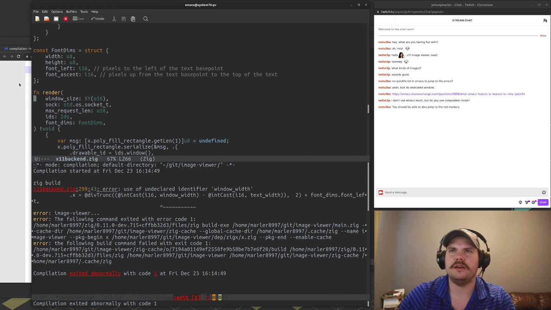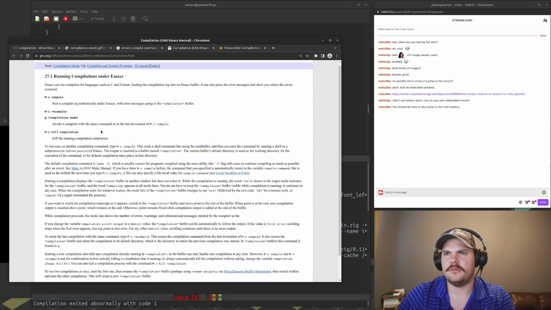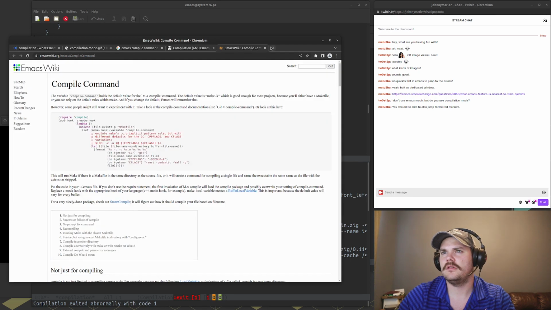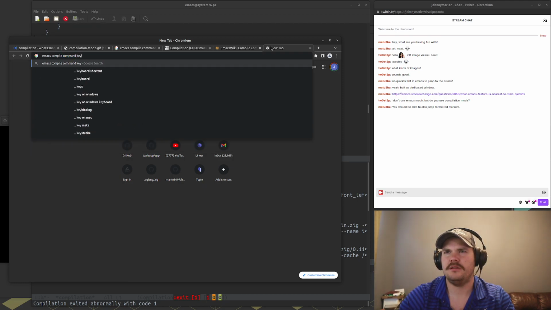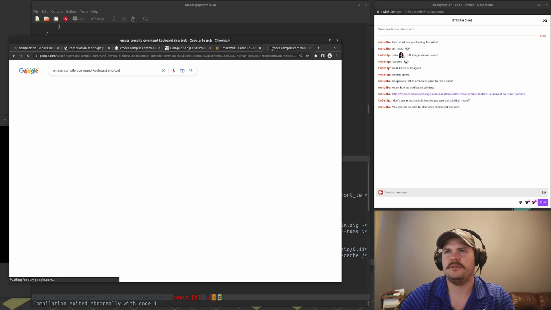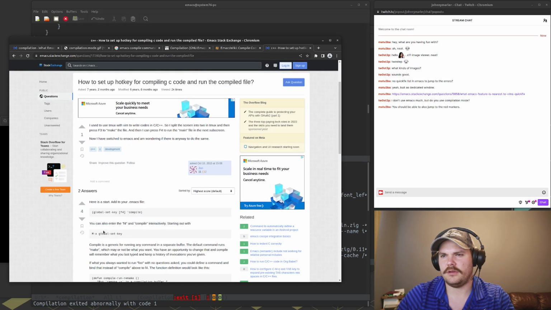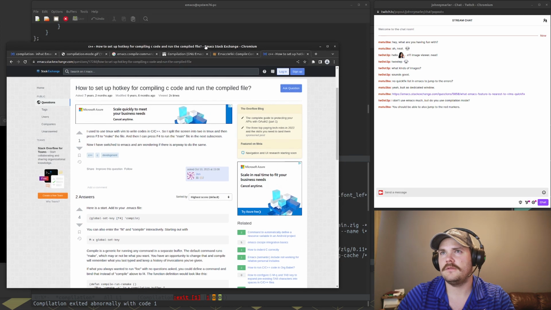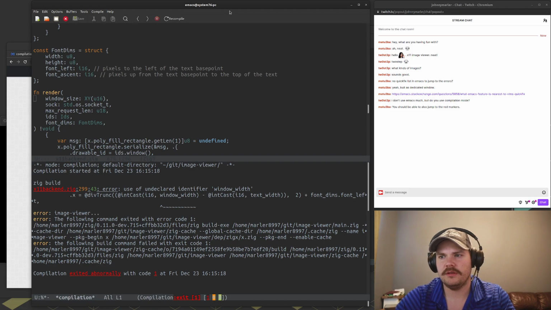I wonder if there's like a compile key combination. Emacs compile command keyboard shortcut. Okay. Looks like there's not a built-in one, but if I do that and I just press enter twice, it should just do it. But if I just press enter and